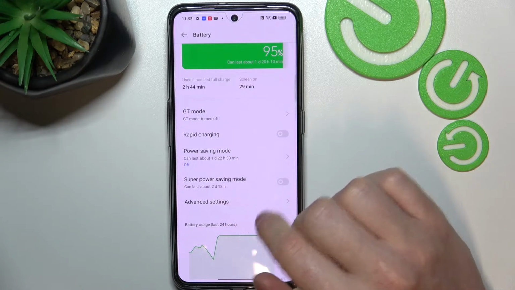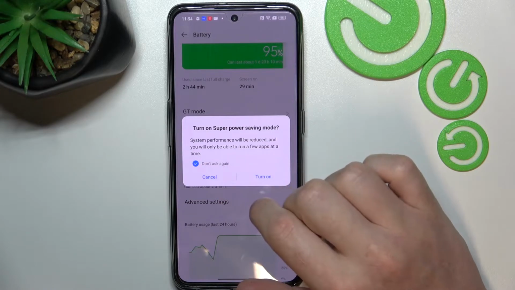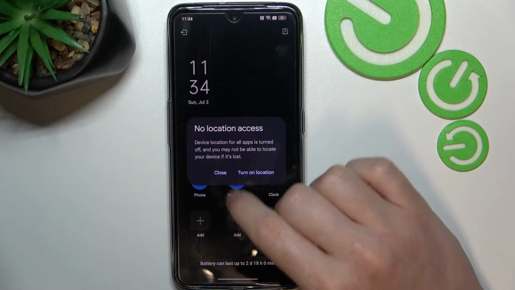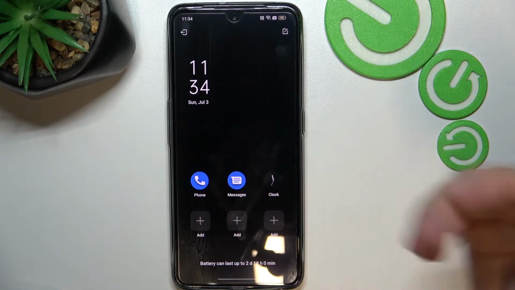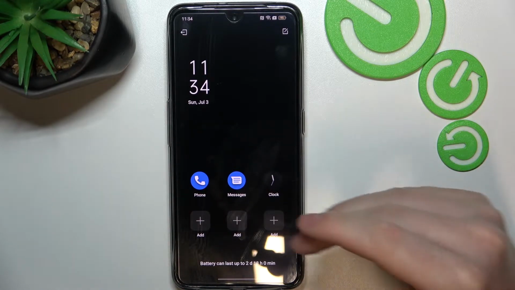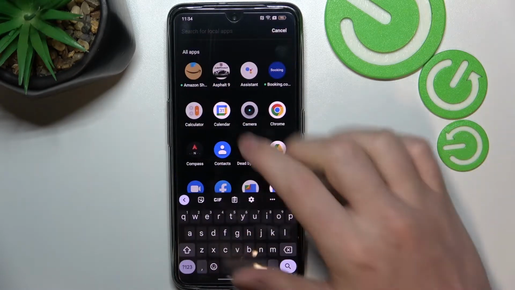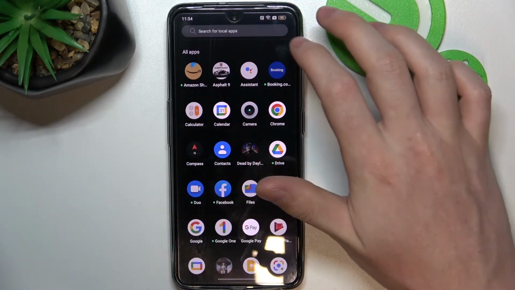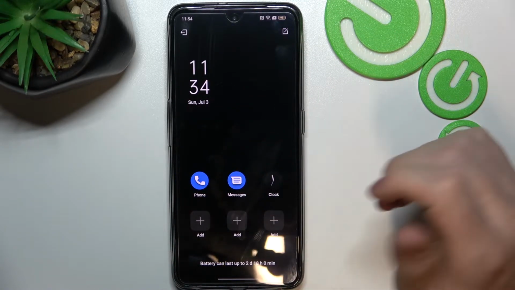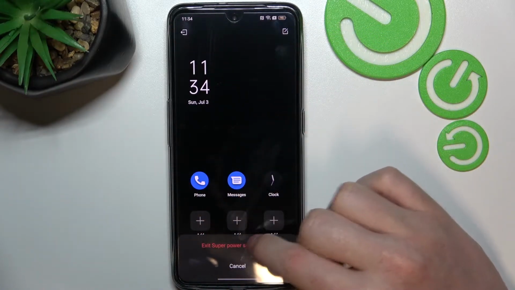There's also super power saving mode, which you can enable, and that changes your phone drastically. So let's turn it on and just show you what it does. So right now it's enabled, and we can see that our phone is a bit different. We don't have the normal home screen. It changes to something like this. The screen is black, and we can add apps right here to access them, but we don't have all of them like usual. So now to leave this mode, let's click on this exit button and then exit super power